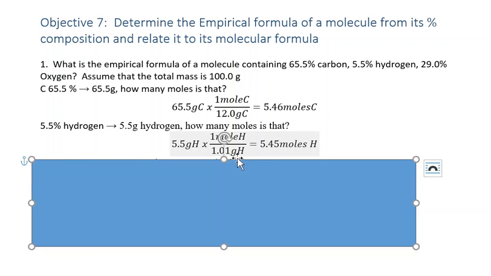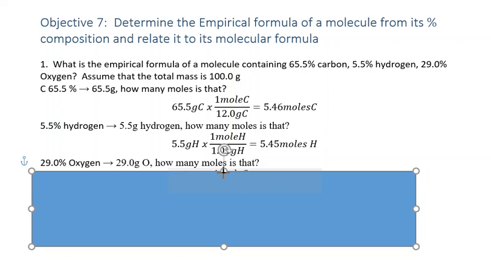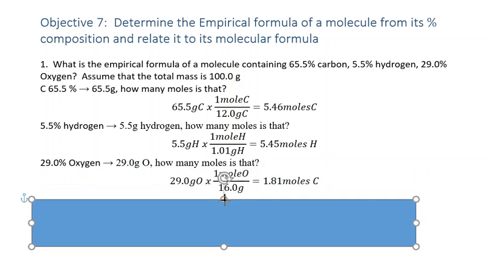You know that there's 1.01 grams of hydrogen for every 1 mole, so you take the 5.5 and you come up with 5.45 moles of hydrogen. And then you also have oxygen as well. So you know that there are 29 grams of oxygen. How many moles of that? You know that there are 16 grams for every single oxygen. This isn't diatomic oxygen here. This is just a compound that has oxygen in it. So I can use 16, not 32. And that gives me a